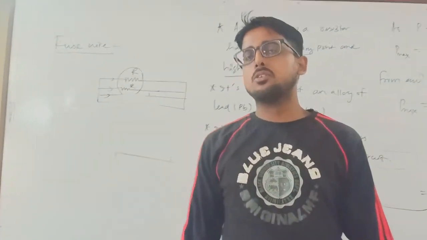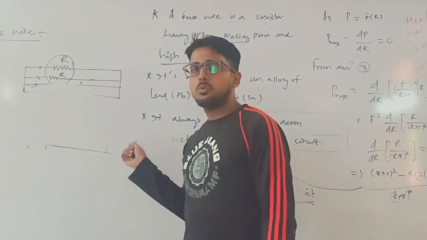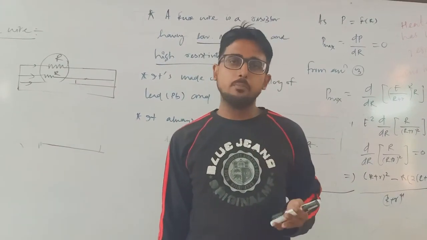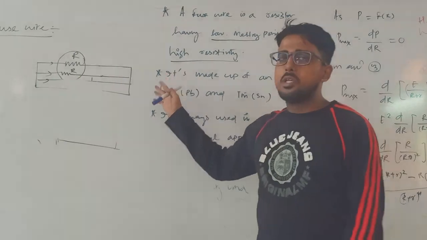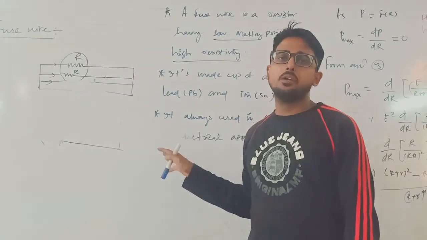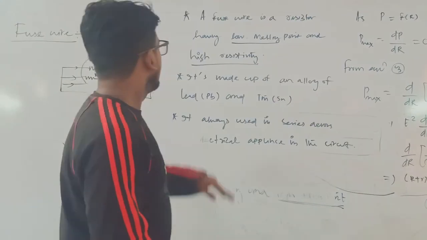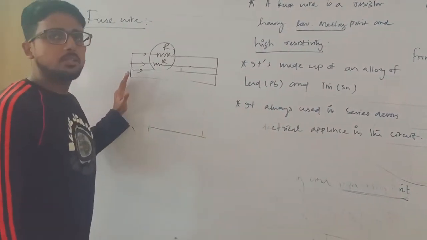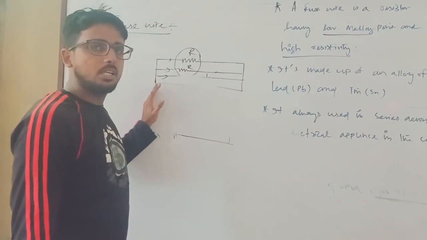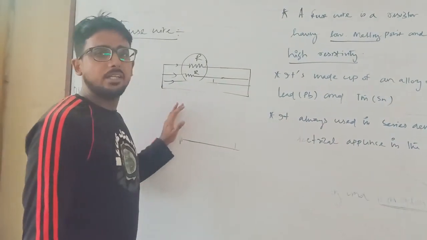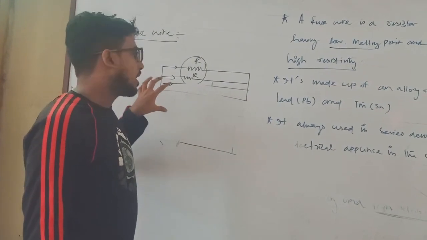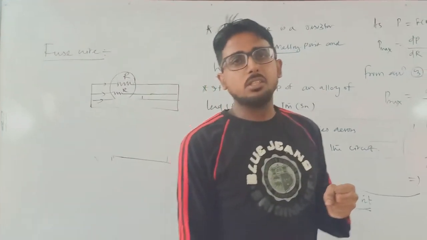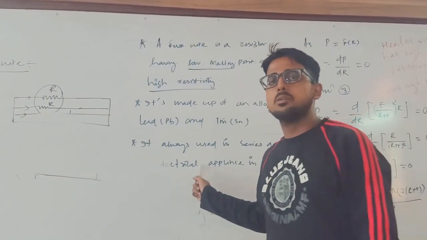Okay, so this is all about the thermal effect of electrical current. Today we discussed how to calculate the power consumed by electrical bulbs connected in series and in parallel, then how to calculate the electrical units we consume in our day-to-day life, and how the fuse wire works in a circuit. So we consider 1 unit for electrical power consumption equal to 1 kilowatt hour, and this is also known as the Board of Trade unit, the commercial unit for the calculation of electrical power units. Okay, so thanks for today's lecture, and in the next class we will discuss some numericals about this topic. Okay, thank you.